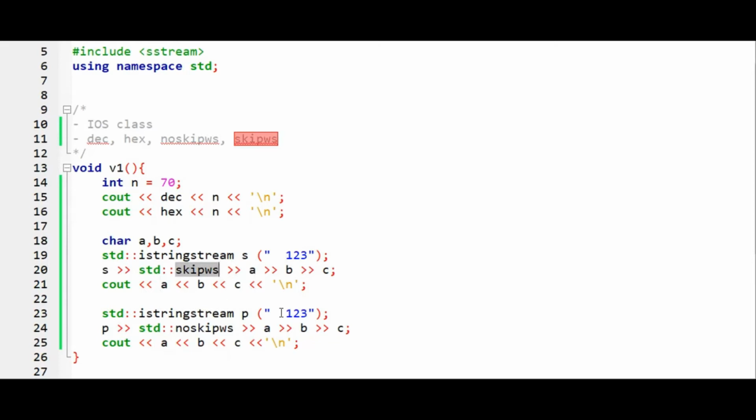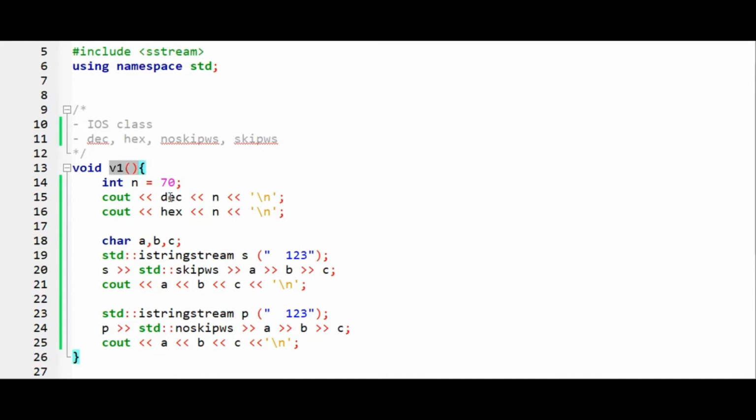But when you don't want to skip the spaces, it will not skip these white spaces, and the function would consider these white spaces as characters. Here we have created a string of space, space, 1, 2, 3. We have five characters in that, and it is saying skip no spaces. It means the first space will be mapped to A, the second to B, and then C would be 1. If I print it, the value would be ABC, meaning it will print a space and then 1. So without any further ado, let me call this function through the main method.